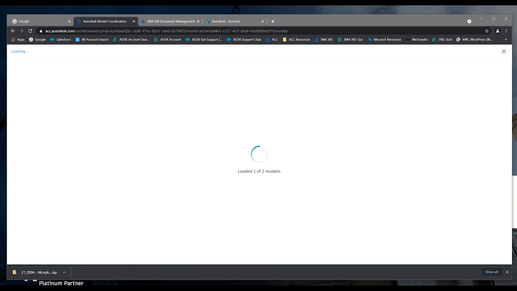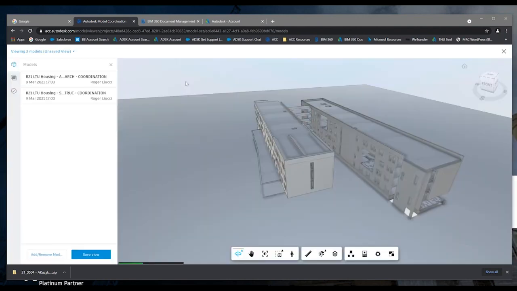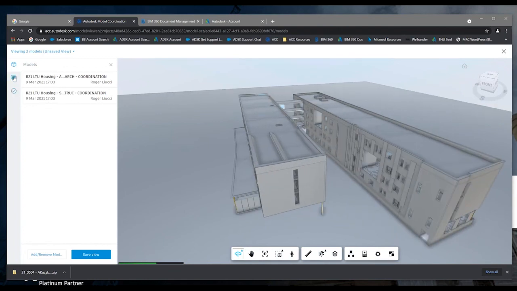Hopefully it doesn't take too long. But basically, if this doesn't load while we have the time, there we go. Now I have basically the two models loaded in. If I click on this tool right here for clashes,